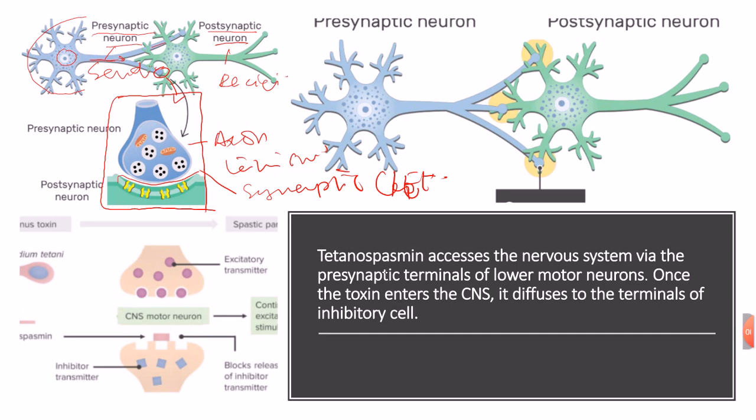These are the receptors, the ligand gated ion channels, and these are the synaptic vesicles. And here there is a neurotransmitter, for example acetylcholine, which is a neurotransmitter, and they are released